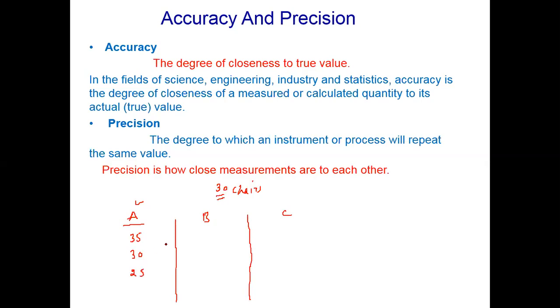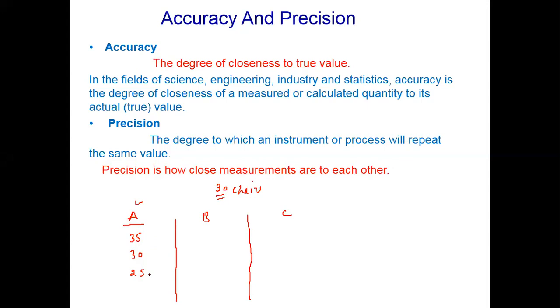So now you can see the 35, 30, and 25. There are five differences. So the working of this student is not good because there is a five difference in his observations. So we cannot say that this is a precise working. Precision means how close the data are to each other: 35 with 30 and 30 with 25. So when data are close to each other, we say that it is precise data.